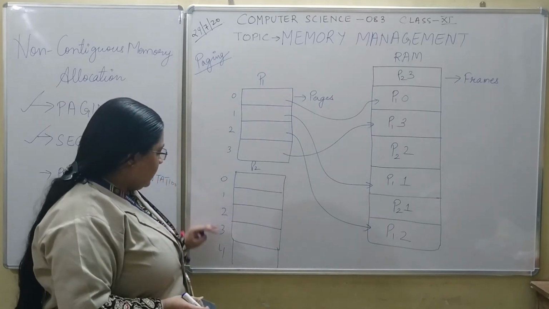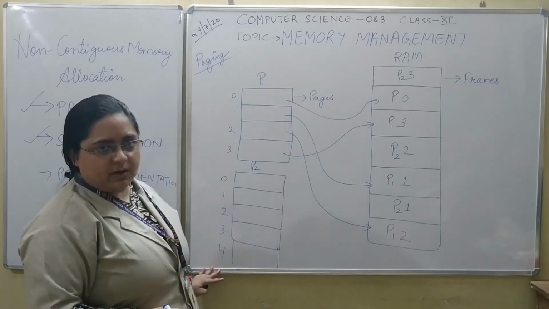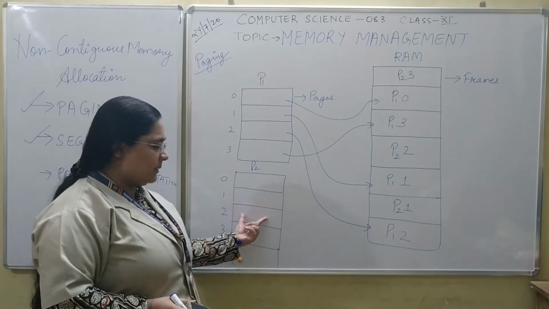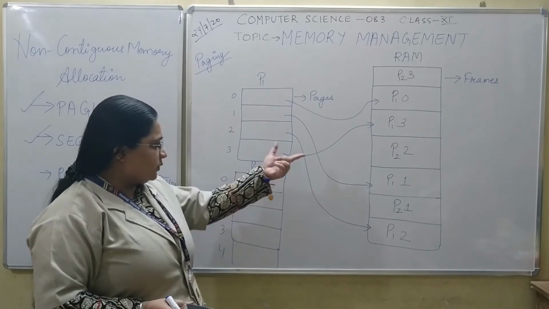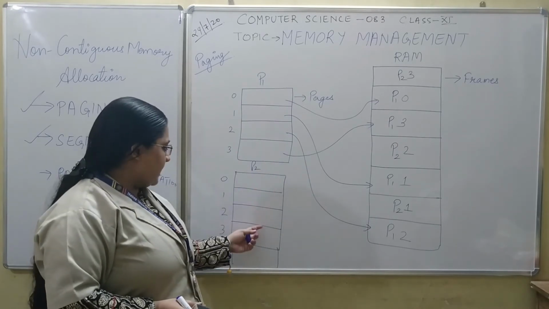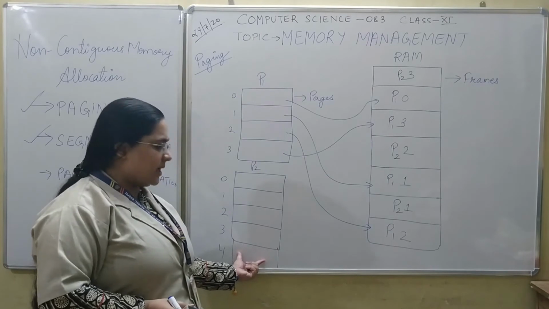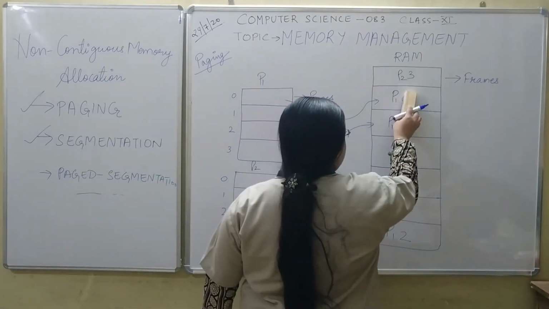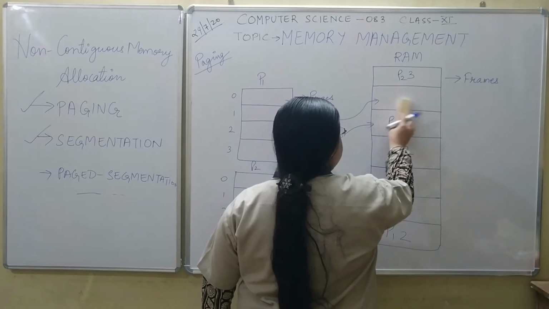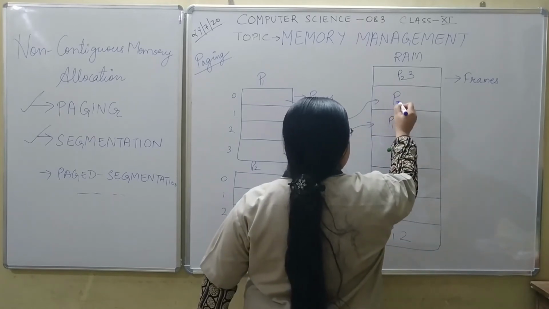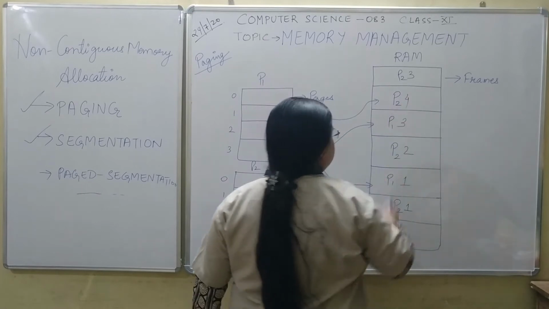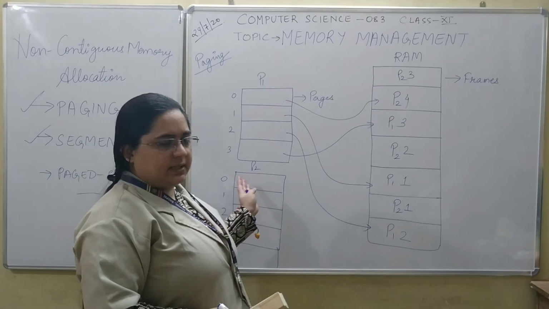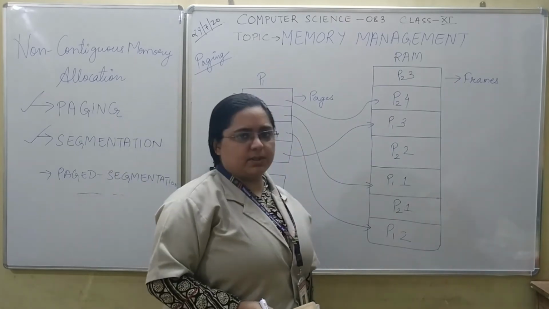Now see, the entire process might not be needed by your operating system. It could start with the first 3 pages first. They can come into the memory, they can complete their execution, leave the system, and then page 3 and 4 can be allocated. Suppose over here this page completes its work and leaves the system. So after that P2, 4 can come over here. So this way any page can complete its work and leave the system, and another page can come into the